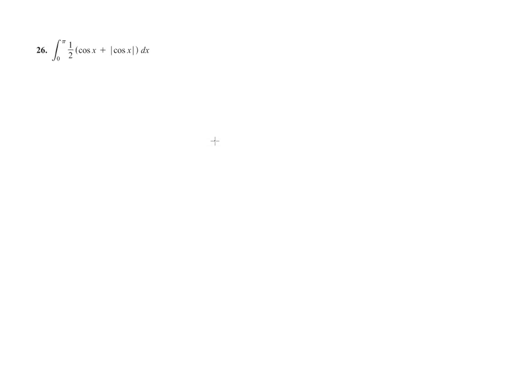Number 26 out of Thomas's Calculus, section 5.4, Fundamental Theorem of Calculus, and we have the definite integral from 0 to pi of 1/2 times the cosine of x plus the absolute value of the cosine of x dx. And whenever we have an absolute value, we're doing a definite integral, or even an indefinite integral, but in this case a definite integral, we need to be concerned